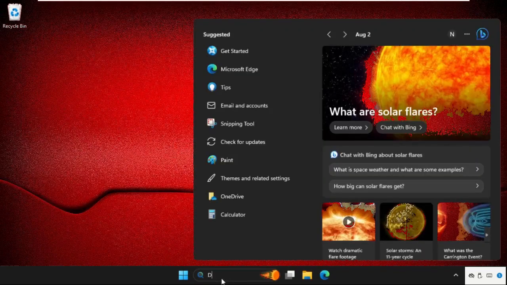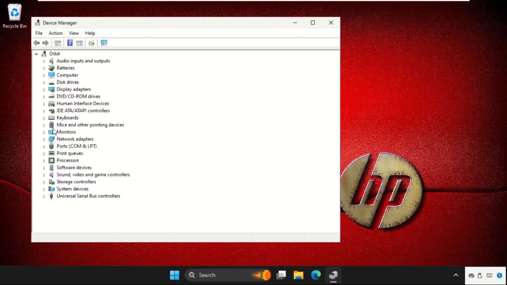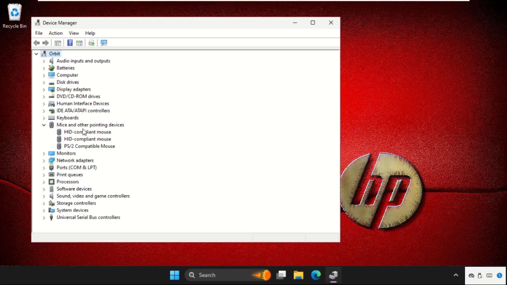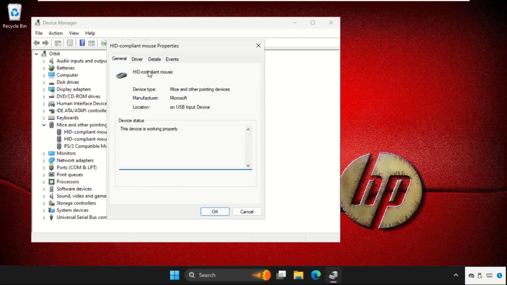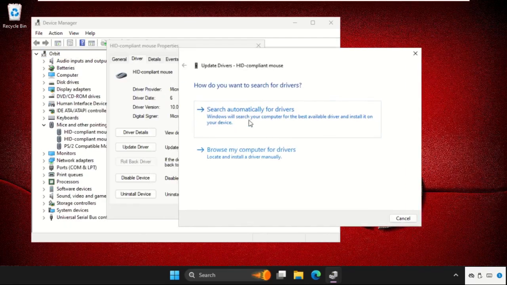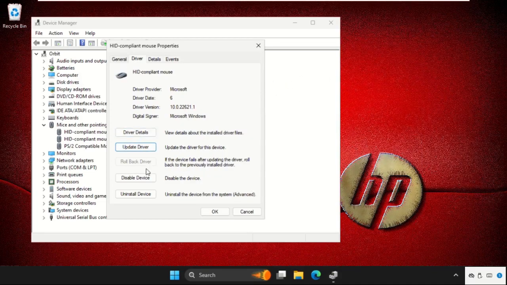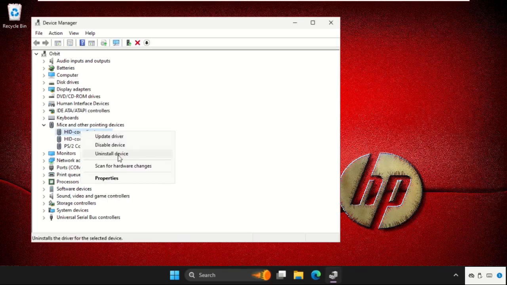Now go to device manager, expand mice and other pointing devices. Then right click on the mouse, particular mouse device, go to its properties, go to its drivers tab, click on update driver, then select the first option, that will be search automatically for drivers, then the best drivers will be installed. If this does not work, you can simply uninstall the device by just right clicking on it and select uninstall